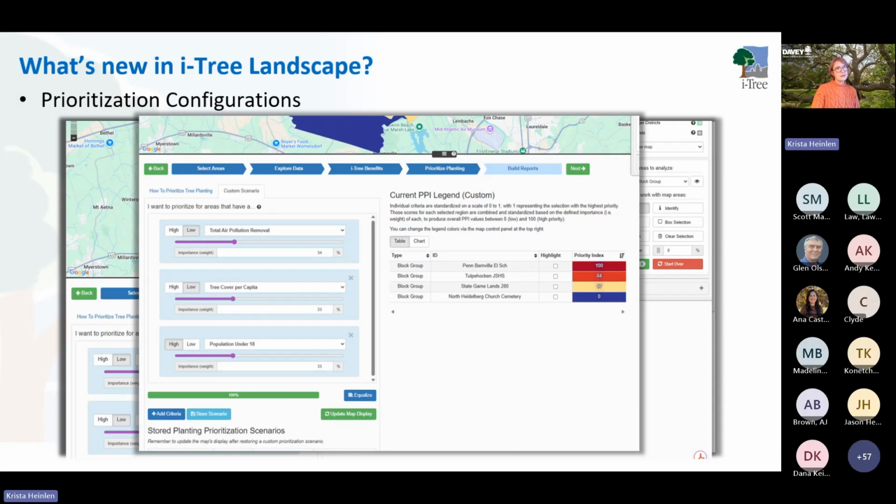So again, those kinds of elements can all be brought into a custom crafted scenario. I did want to point out that it's easier to see the index values being calculated every time you select criteria and weight them, if that's something you choose to do. Those index values will change your ranking, as it were, the scores that each different location might have. And these are also scenarios that you can save along the way, and that can help you in reporting if you want to call up one of your prioritization scenarios